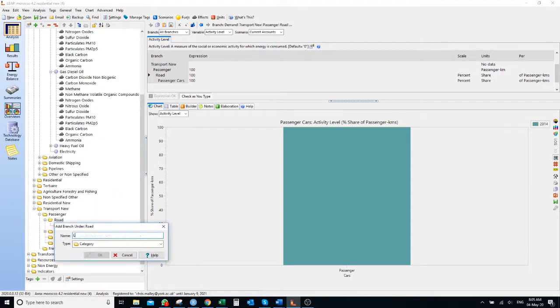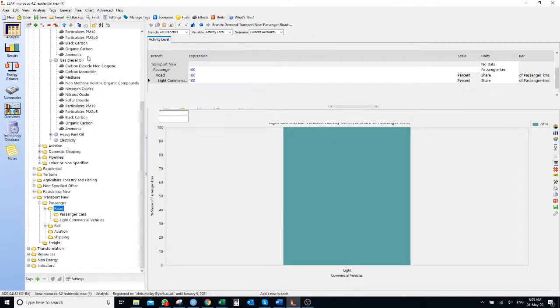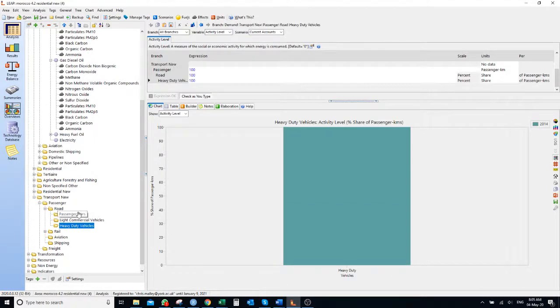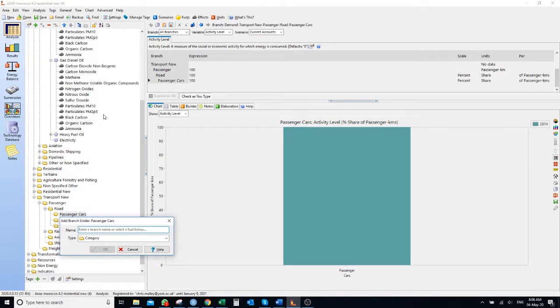We have, so these are just the sort of default types, but you can add in the ones that are specific to Morocco. So it's first splitting our road passenger kilometers into different types of vehicles, and then we split our type of vehicle into the fuel that is used,